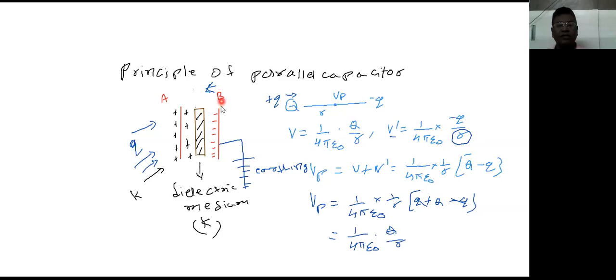The third thing that I did was I brought B closer to A, because of which the potential of A further decreased and I could add more amount of charge into it. This is the third thing that I've done. And finally, I have done the last thing, that is by keeping a dielectric medium, an insulating medium, in between. Insulating mediums are normal like mica, paper, or thin sheets of paper, or you can even say water. Pure water is also a bad conductor. So you can keep such materials in between, and therefore the capacity of A will increase by K times. So this is the process of increasing the capacity of A.